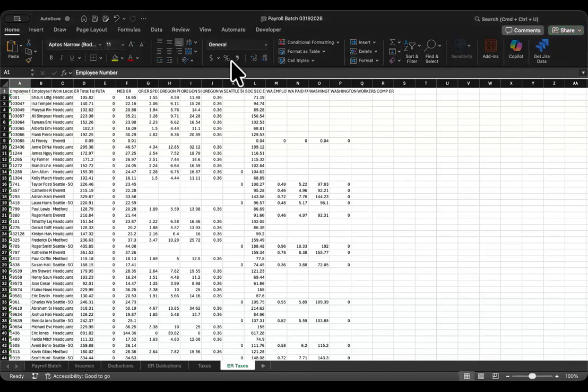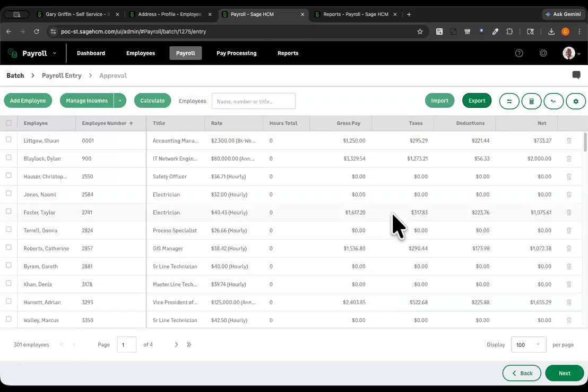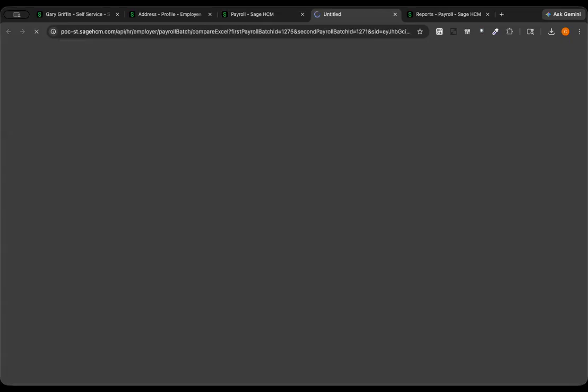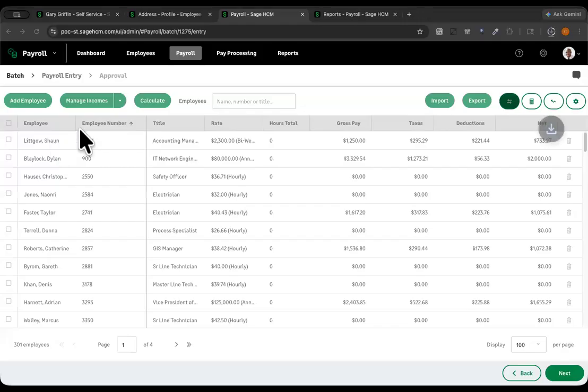And I do want to also point out another export out here that is relatively new, within the last 6 months. You may not have seen it before, is this comparison. This allows me to compare this payroll to a previous payroll. It's like the one from last week. All right, so this is going to, again, export out a spreadsheet. So we'll give it a second here to do that. And then I can